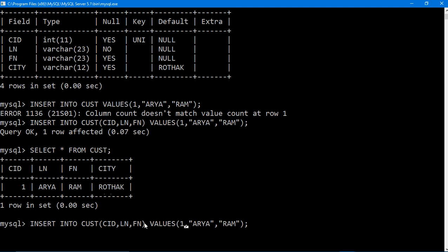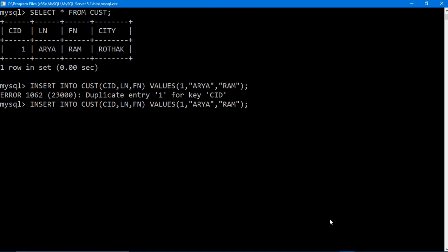Okay. Now let me help you check the second constraint. CID is a unique constraint, which means if you try to add another record of a similar type, it will not allow you. See why the error? Because of duplicate entry 1. In CID you can't add any more 1 now. So you must take care of it before entering. So what I'll be doing, I'll be making changes in the CID, and I'll change the name as well.